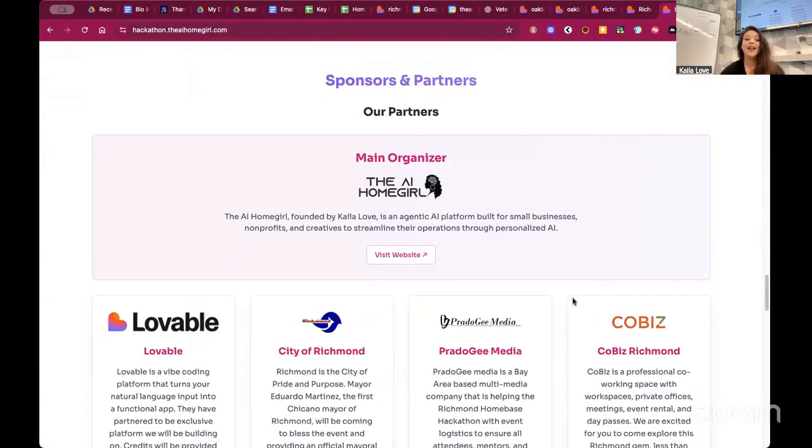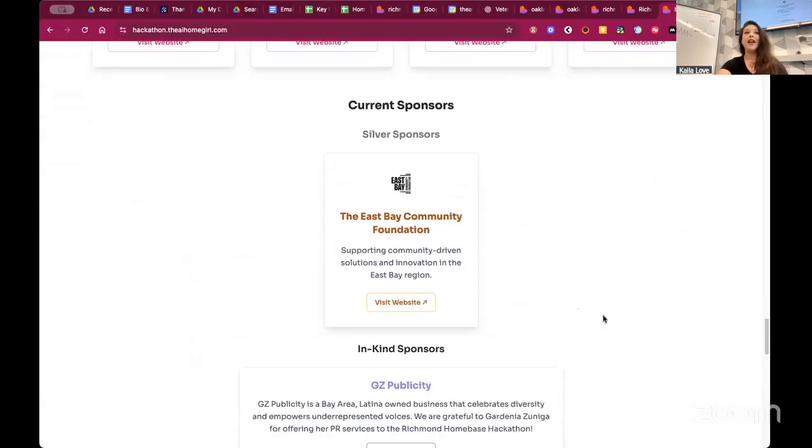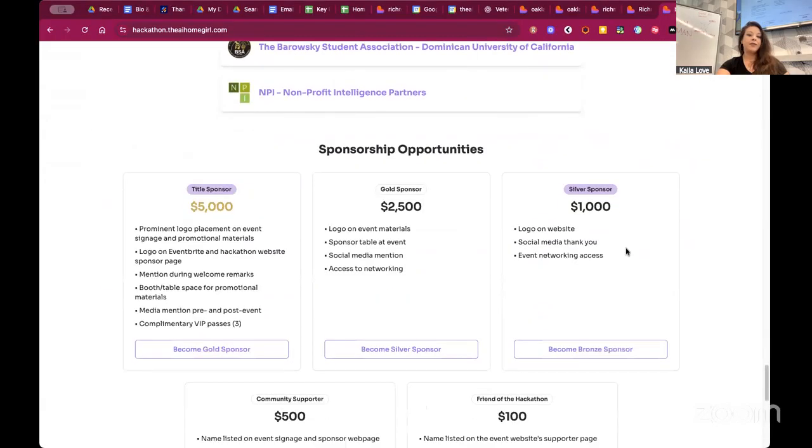And then again, I built a template. So now my Lovable template, I can share this code with somebody else that wants to maybe throw a hackathon and be like, here, just swap out with your own information. And it's that easy. So then we can constantly be building on each other without having to start from scratch.